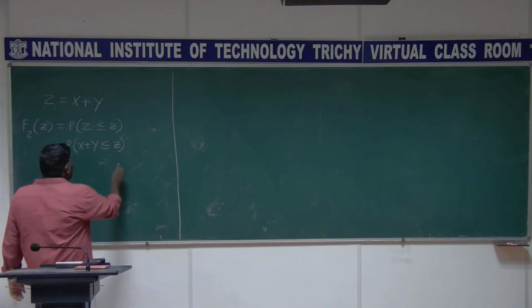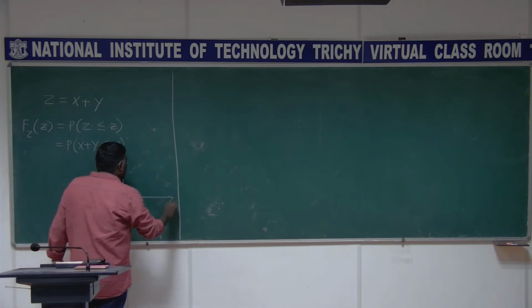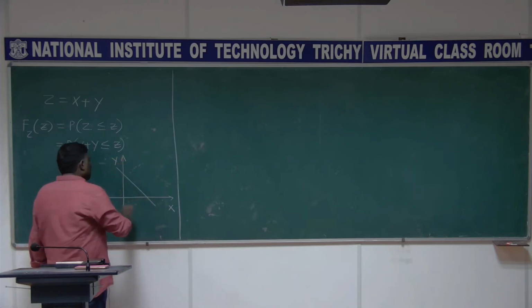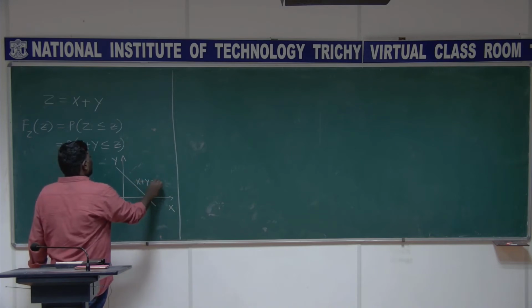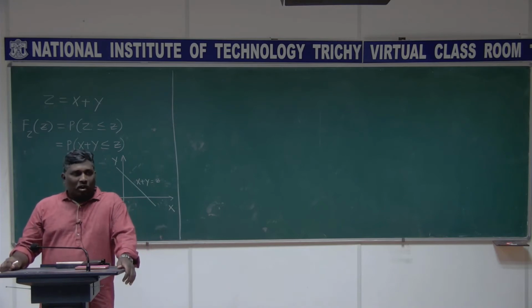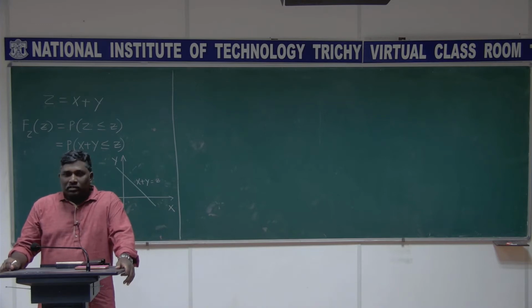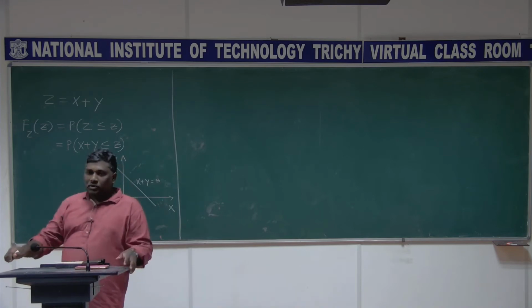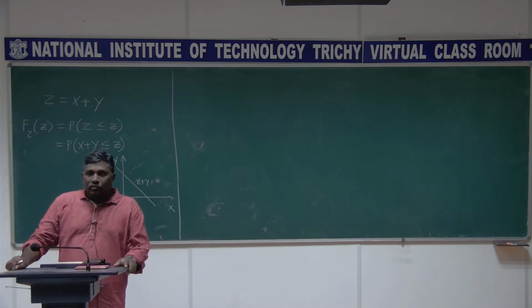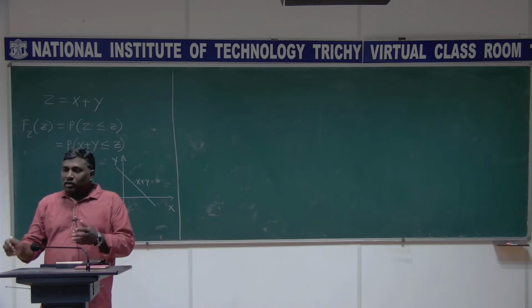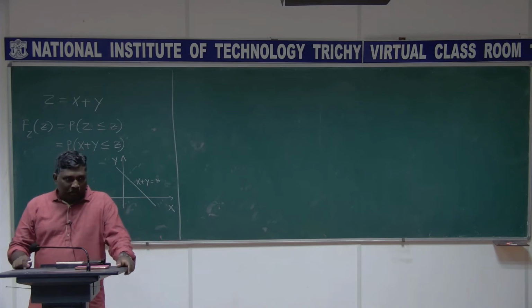So you have the random variable X and then Y here, and this is the equation X plus Y equal to z. Here z is some constant, right? X plus Y equal to some constant. So I need the probability of X plus Y less than or equal to z. You are trying to find the range for X and Y such that X plus Y is less than or equal to z. That is what you are looking for.